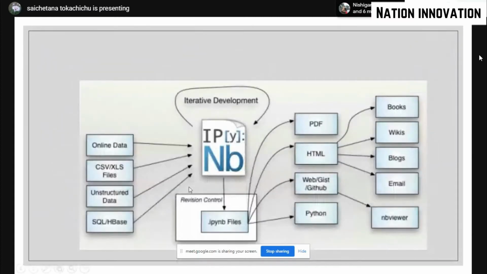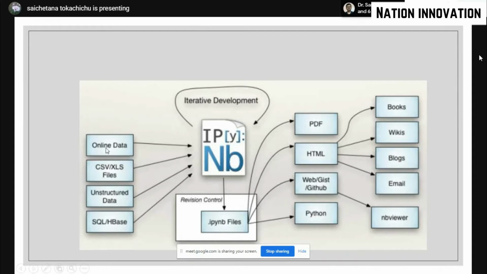So this is how a notebook is. In a notebook, you connect it to all sorts of data sources, like unstructured data, maybe some pictures or videos, or CSV files, Excel files, SQL files, or Hive database, whatever, online data as in some data which is directly coming to you through some websites.